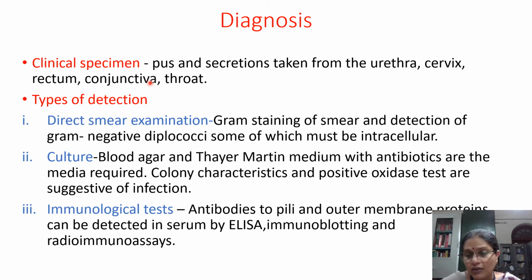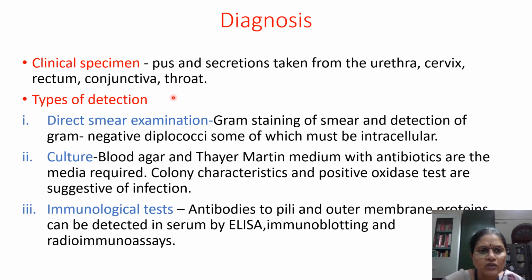So like this, some sexually transmitted organisms can infect the eye of the newborn infant. We call that ophthalmia neonatorum. So even gonococci can do such infection. So in that case we are going to take conjunctival samples or conjunctival swabs from the newborn infants. So any of these can act as the clinical specimen.